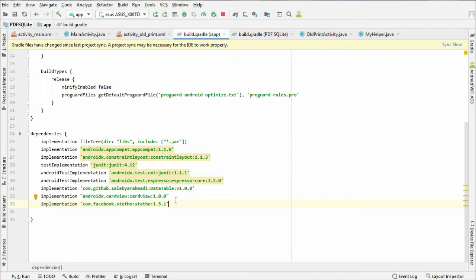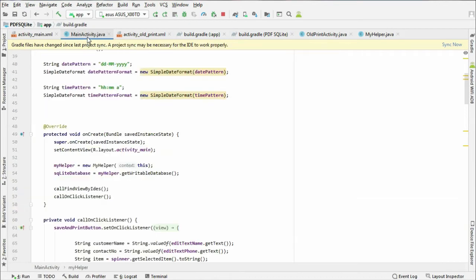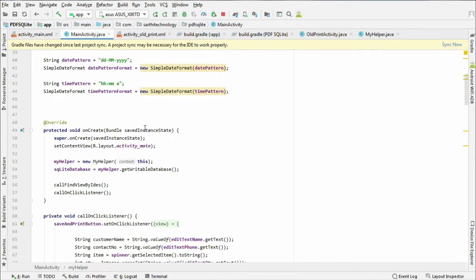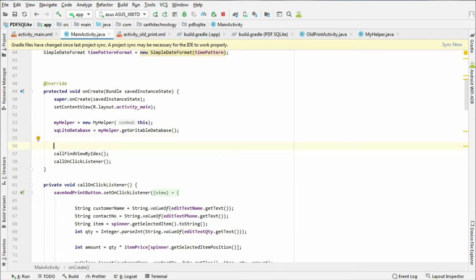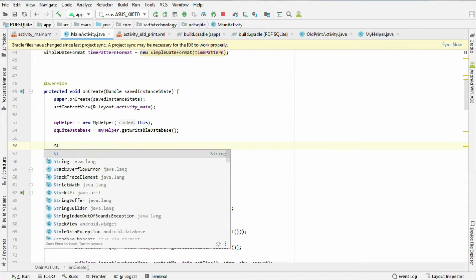The second thing, we need to go to the main activity, and in the onCreate method we need to write one line of code. But before writing anything we need to click on Sync Now.